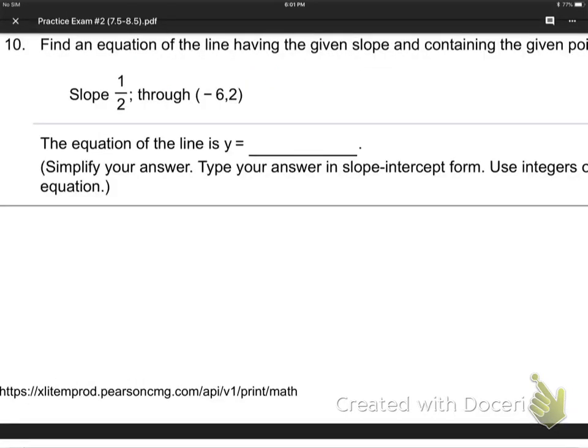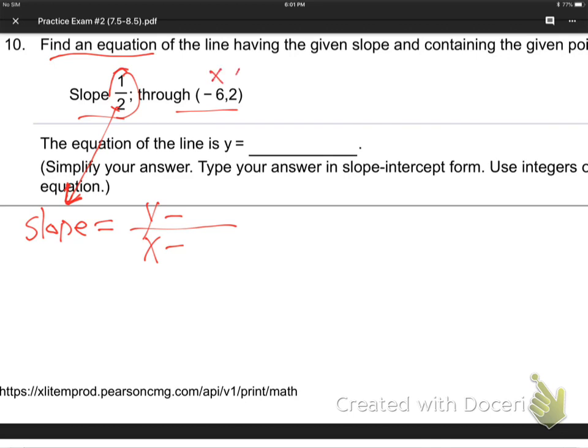Okay, so in this one they're saying find the equation. So we've got a slope and we've got a point. So what do we always do on these? We write slope equals y minus blank over x minus blank. And so now what we're going to have to do is take the slope and put it right there. And then the point,